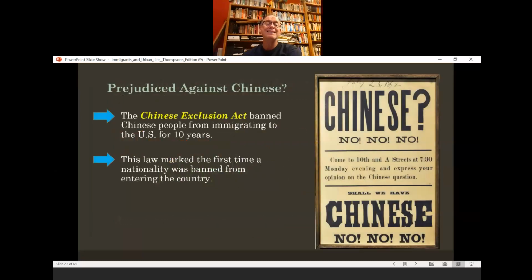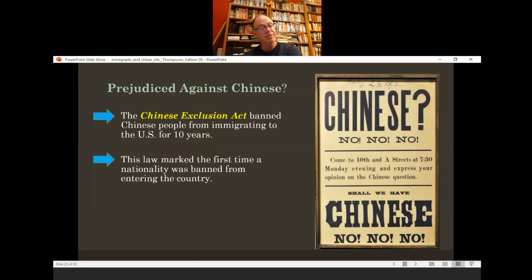But here's the deal. I said they didn't stop the Europeans. Were they able to get the Chinese banned? Yes. And I'm assuming it's probably because the Chinese were so different looking and acting from what they were accustomed to. The new Europeans may not have looked that different from the old immigrants.